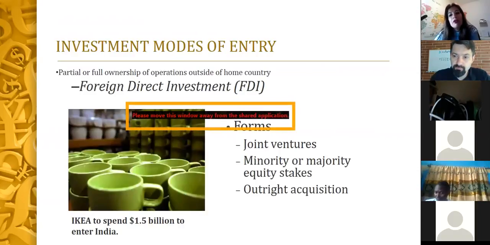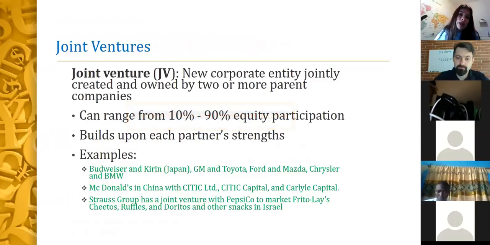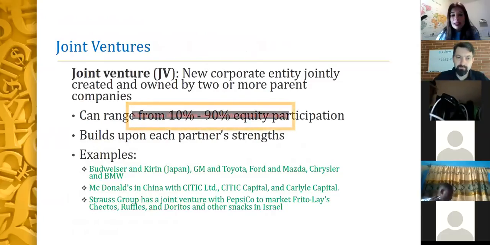It takes three forms. It could be in terms of joint ventures, it could be in terms of a wholly owned subsidiary, or mergers and acquisitions. So let's look at each one of them. Let's begin with one of a very common way of doing FDI in the foreign markets, what we call a joint venture. So a joint venture is when two or more companies come together and they invest capital to